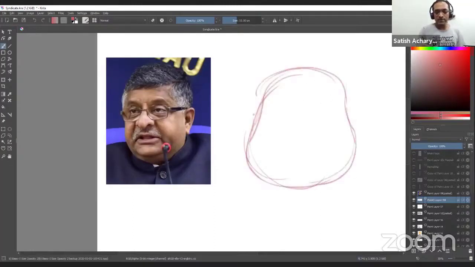So if you have pencil and paper, you can draw with me. So this is the simplified shape of his face, how I see it. His nose is something like this.